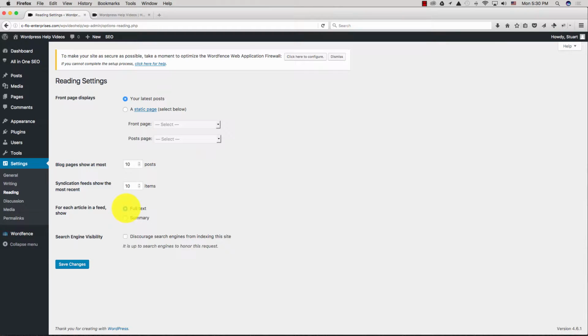And for these, because we're doing mostly video, I'm going to go ahead and leave it full text. You could use a summary that would give an excerpt. Most excerpts are 55, 60 words. And then, if you're in the process of just building the site, you may want to click that discourage search engines from indexing, just to kind of keep it on the down low until you get the site ready